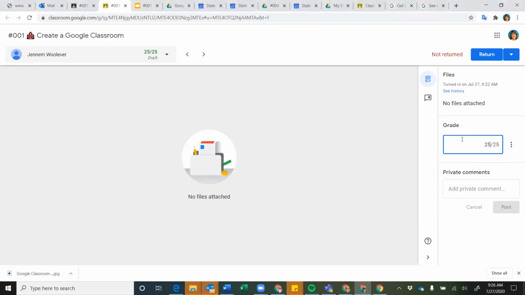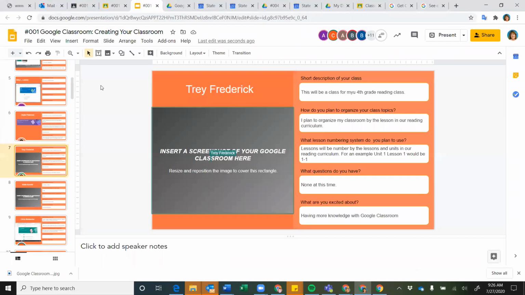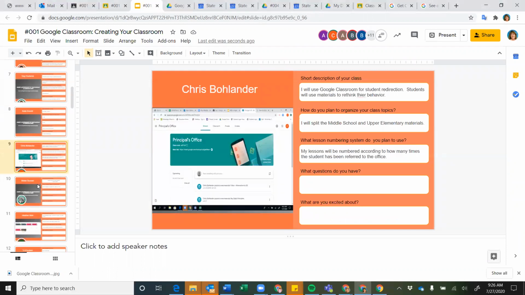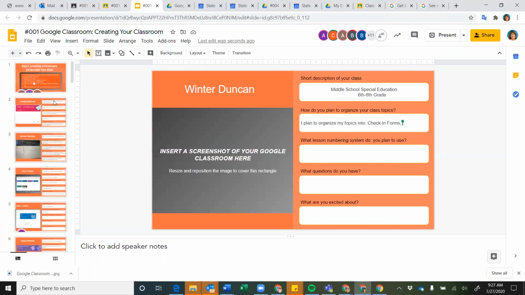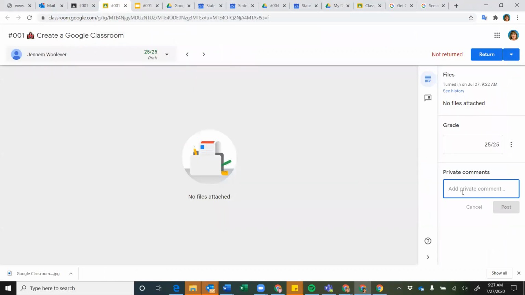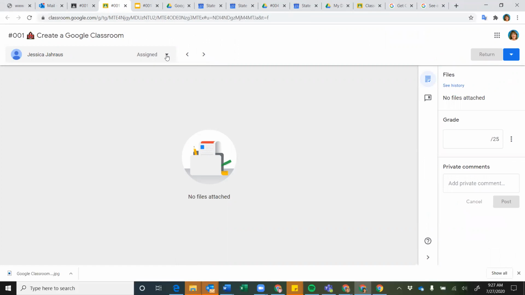I can drop in the grade, and then I can add a private comment. And so what I'll most likely have done when I'm grading this assignment is I'll have gone over and reviewed all of your slides, and then I'll say, oh, you had a really great comment, or I may add comments here, and I won't put a class comment in on the grades. It just depends on what I'm doing. So you'll see I graded this assignment. It is not returned, and so I can return it right here and now if I want, or I can just keep moving on, and I can say,